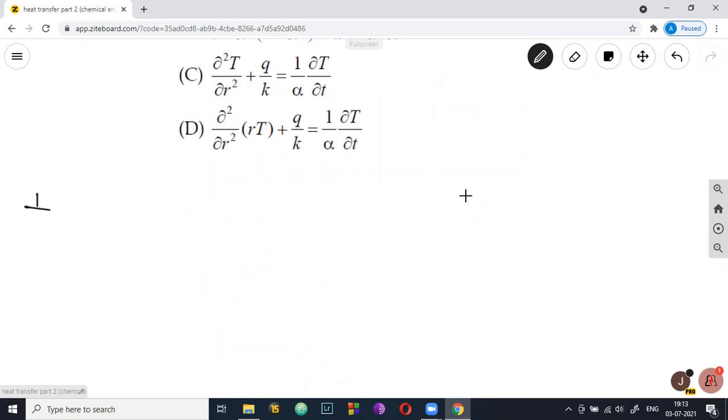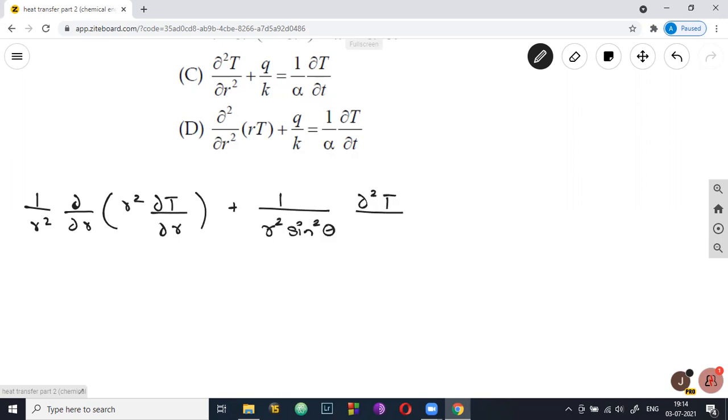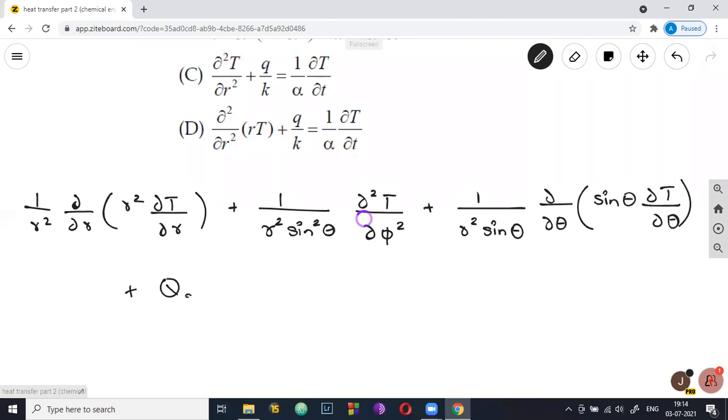The equation goes something like this. 1 by r square dou by dou r into r square dou T by dou r plus 1 by r square sine square theta, this is r, okay, dou square T by dou phi square plus 1 by r square sine theta into dou by dou theta of sine theta dou T by dou theta plus qg by k is equals to 1 by alpha dou capital T by